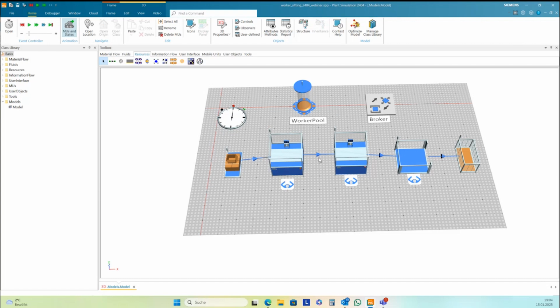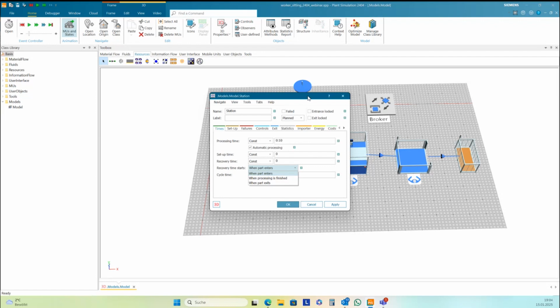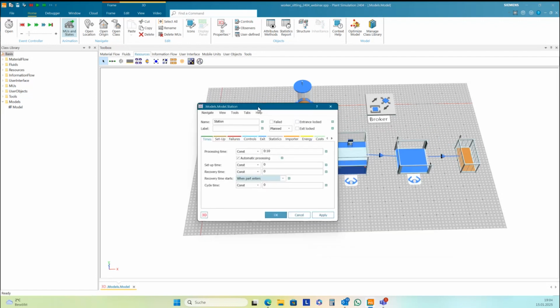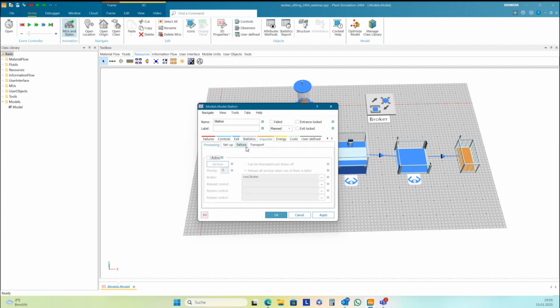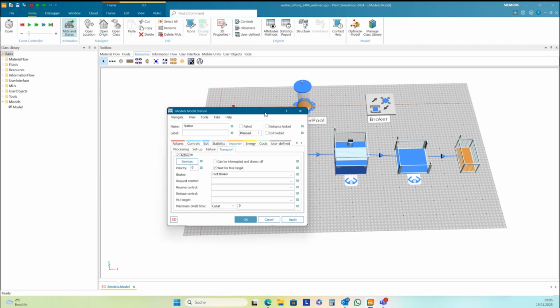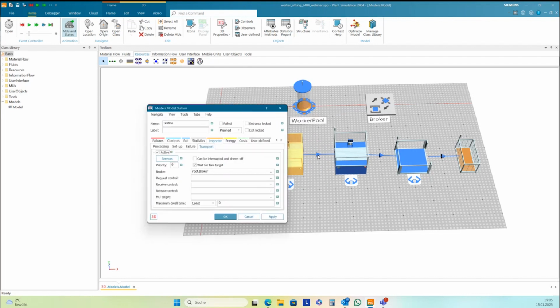Okay, if you don't work with 2404, then you need to activate the importer by yourself. And we check this here together. In the first station, there should be activated the transport importer. No processing importer, only transport importer. We have connectors, so we don't need to set a MU target here.